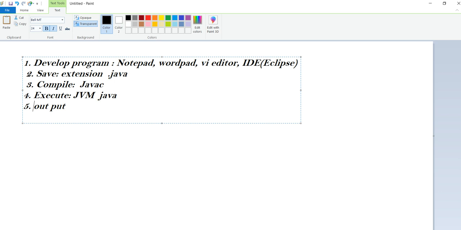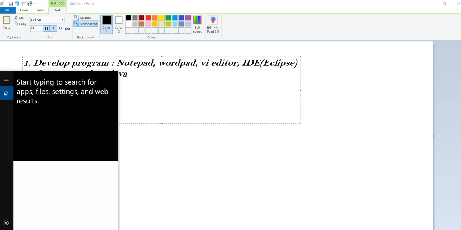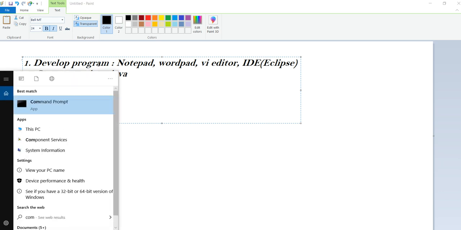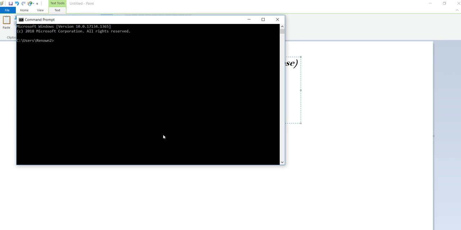Now I want to compile this program. If you want to compile this, first you need the command prompt. You can open the command prompt. Once I open it, it defaults to the users directory, but I don't want this. First I need to change to the directory where we have our program.